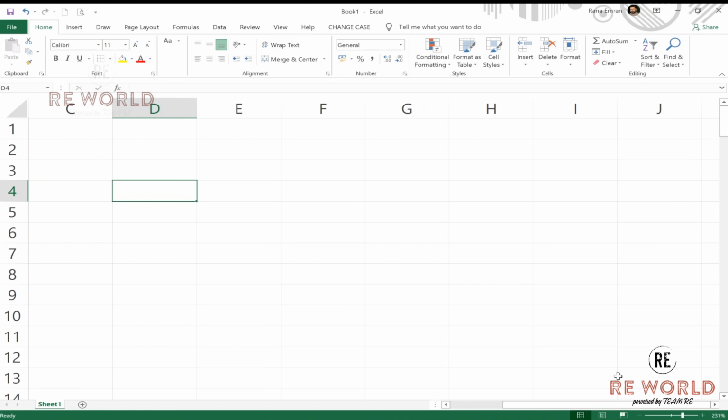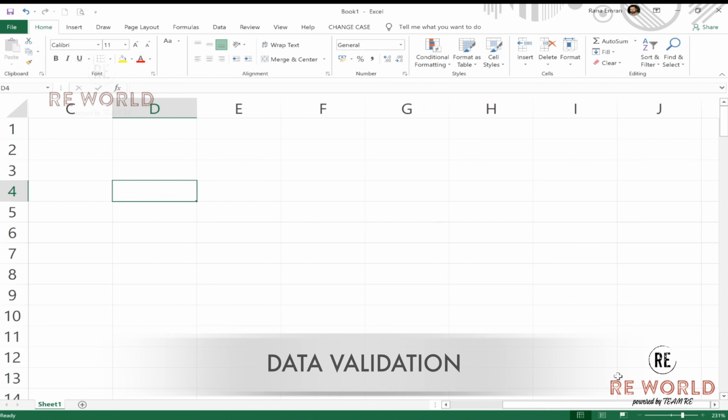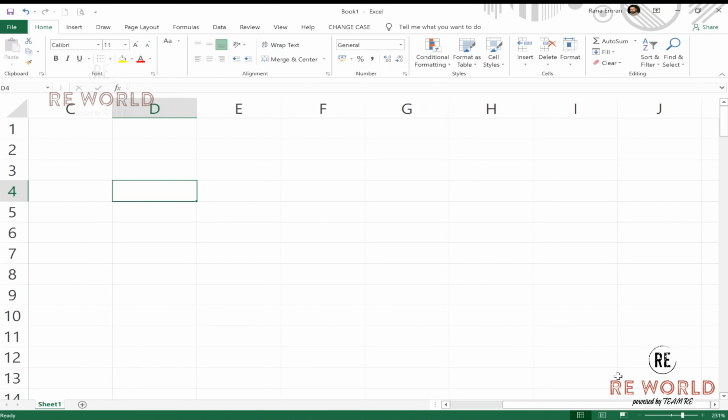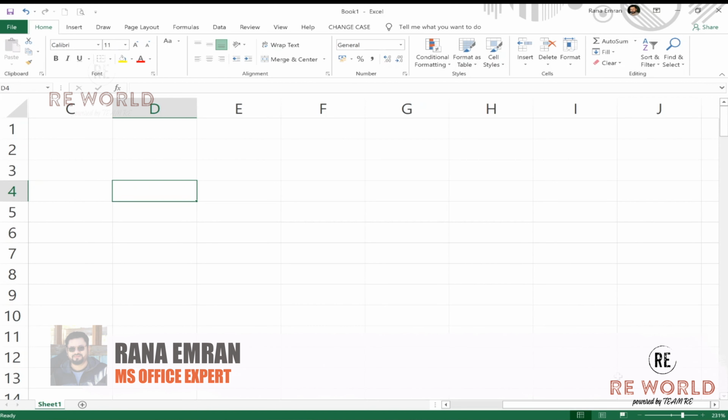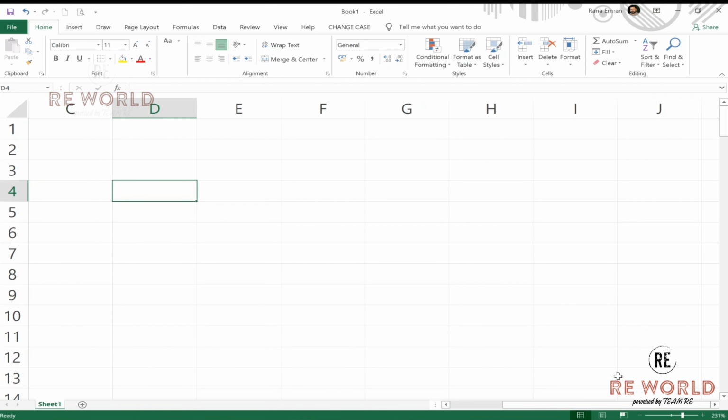In today's video, I'm going to tell you a very strong and very useful feature, that is data validation. The data validation function is very useful when you are asking somebody else to add data into your sheets. You can have some conditions where you ask the data entry operators, or the people who are entering data into your sheet, that they will not be able to add anything wrong, or can only add exactly what is required. It is not only for others, even if you are doing the work by yourself, just to ensure that you only put the right data in the right format, so it should be accurate.